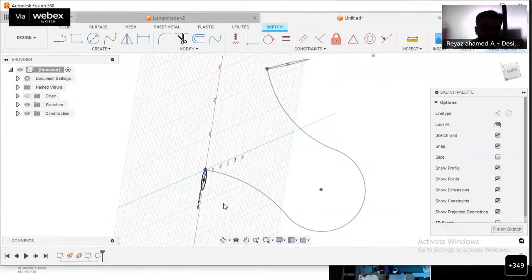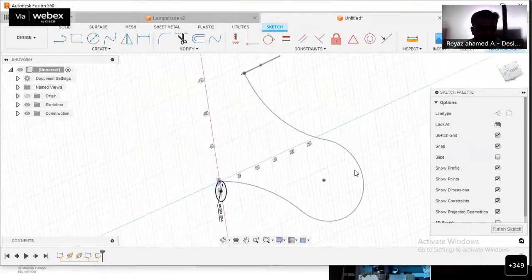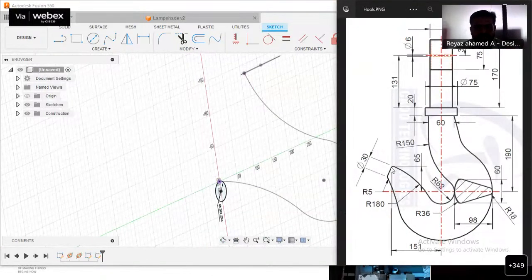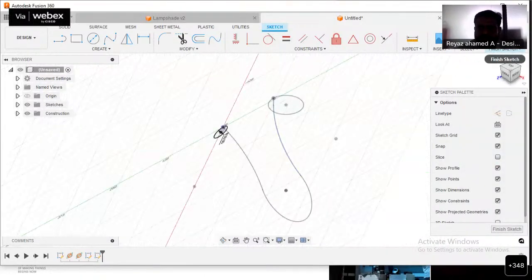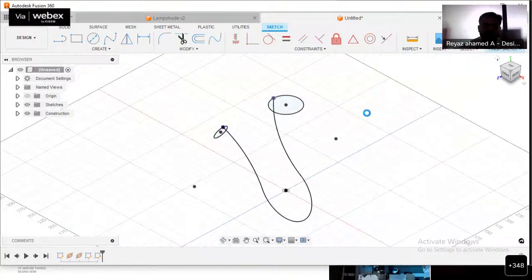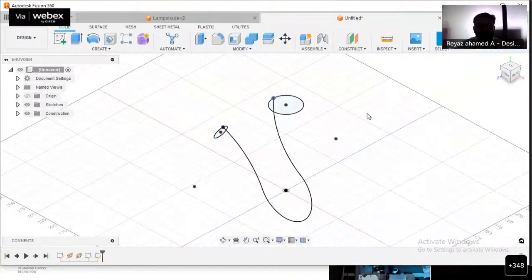That is what we needed, because this is our path. So what we did is right. Let us click on finish sketch. So two profiles have been created now.